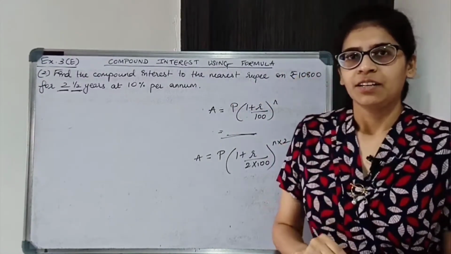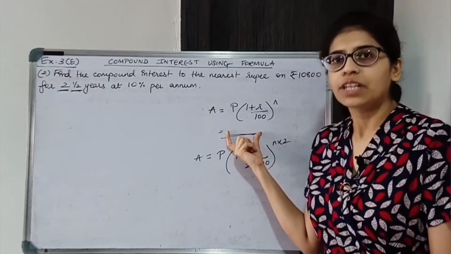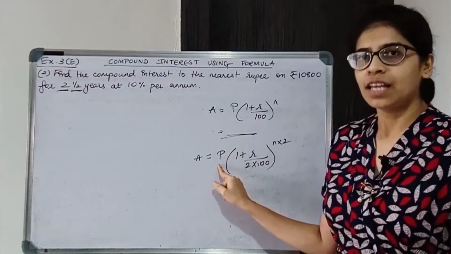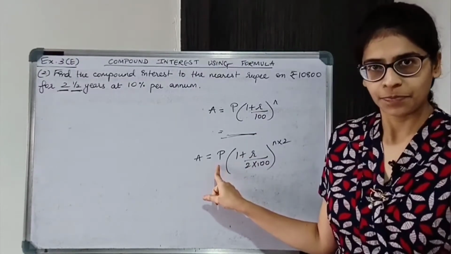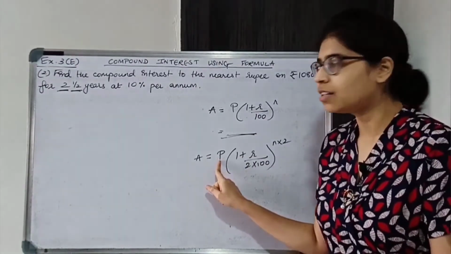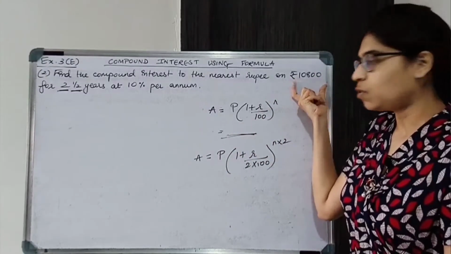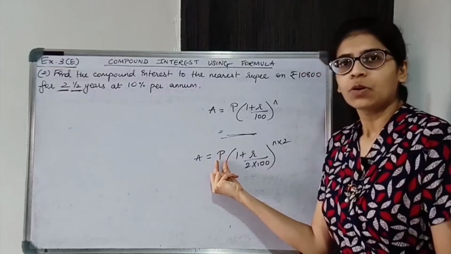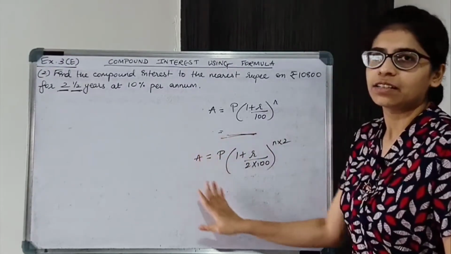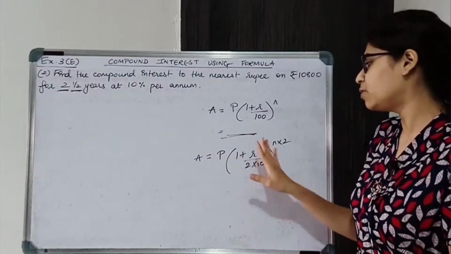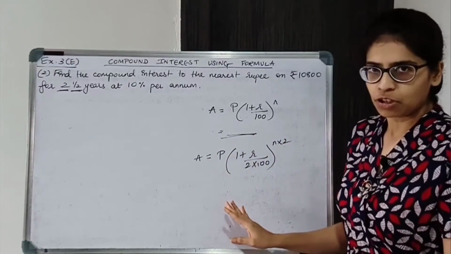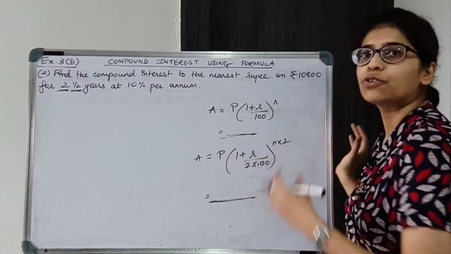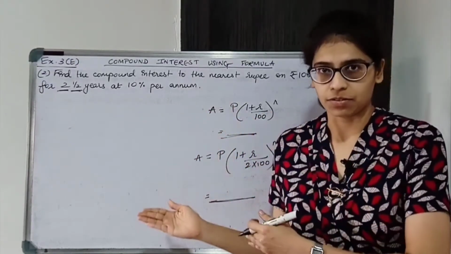Now keep in mind, the amount value that you get over here for 2 years will become the principal for the next half year. So principal over here is not this. It will be the value that you get over here for 2 years, that will become the principal. And for the next half year you will get the amount, substituting the values of R and N and P. The value that you get over here is the amount for 2.5 years.